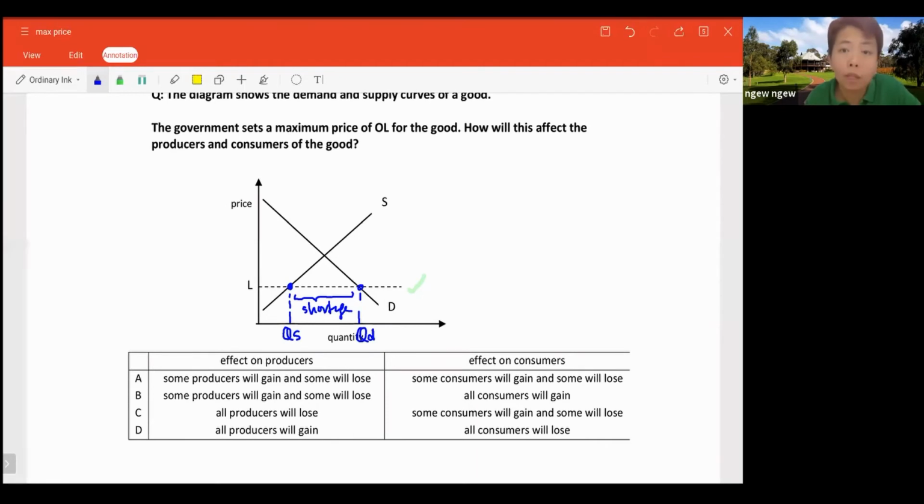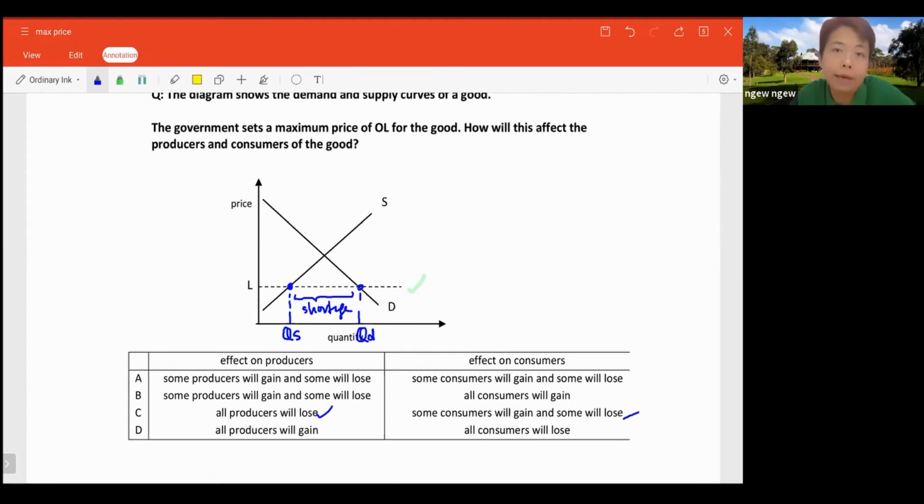because all of them are forced to sell their goods and services at the maximum price set, leading to lowered profit, okay? So therefore, all producers will lose. And based on this question, when you see C is the answer, you have no other choice. But let's explain. Why some consumers will gain and why some consumers will lose